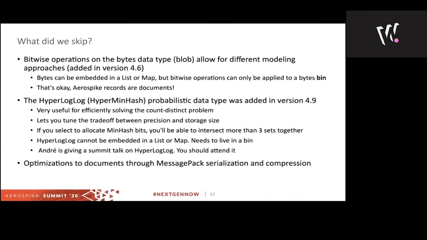Now, if you do optionally allocate min hash bits, you'll be able to do min hash type of things, like, for example, intersecting more than 3 sets together. If you have a use for that, you can allocate more space for this extra functionality. Hyperloglogs currently cannot be embedded in lists or maps. They need to live in their own bin. And we have a talk, I think on day 2 by Andre on hyperloglogs, and you really should attend it